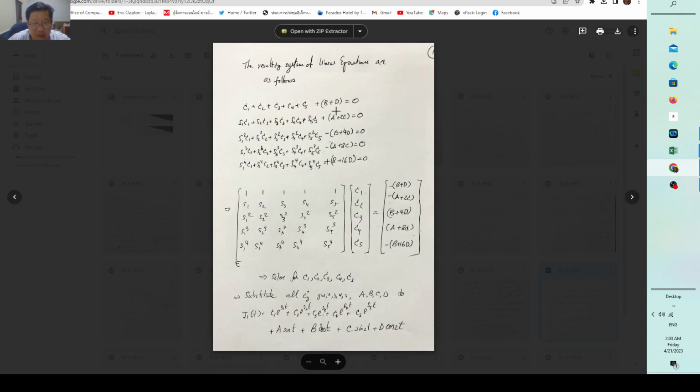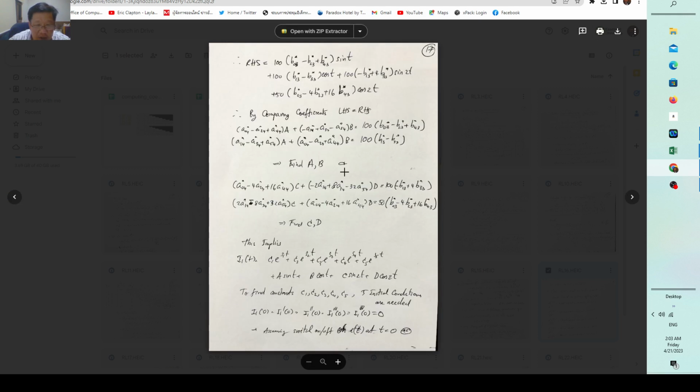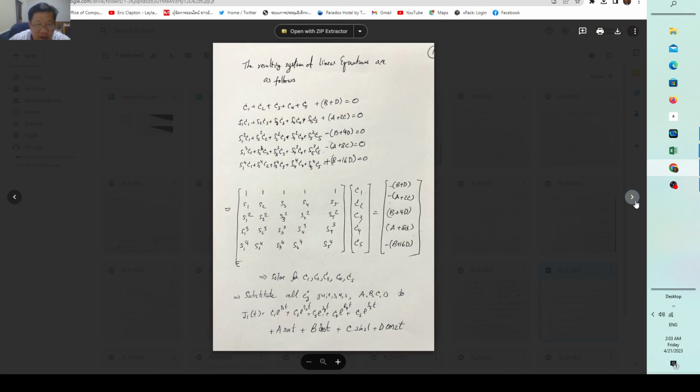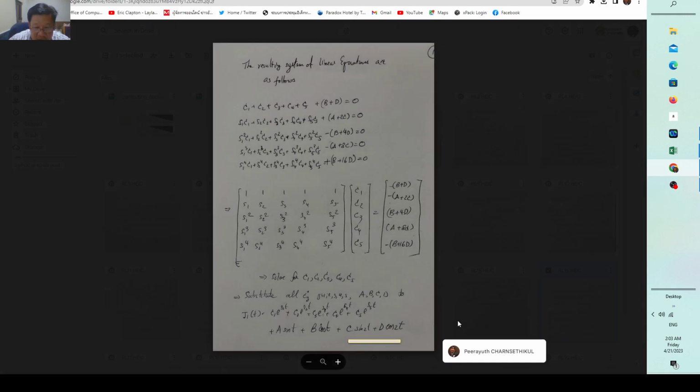And then if you move all this, you remember that a, b, c, d, you can find here, right? By solving this equation, you should be able to find it. And then once you know this, you put it in here. This is in the matrix form. So you should be able to, and you know all the s values, right? So the remaining is to find c sub 1 up to c sub 5. And you can find this as a numerical value. So you solve for c sub 1 up to c sub 5, and then you put all the values in this form. Now you have an exact